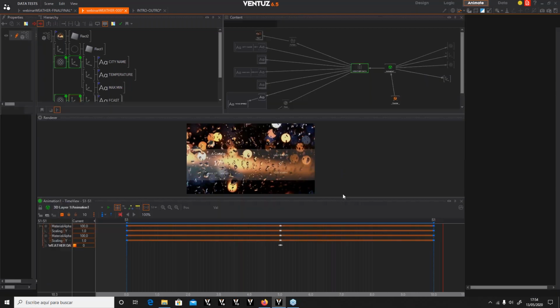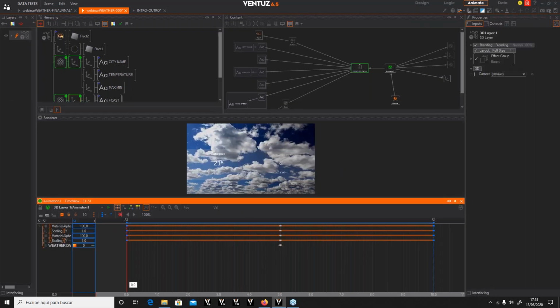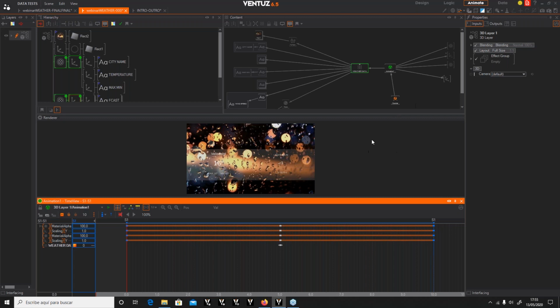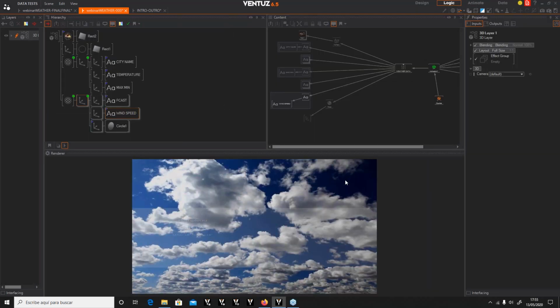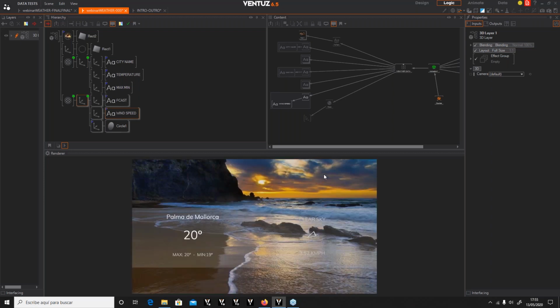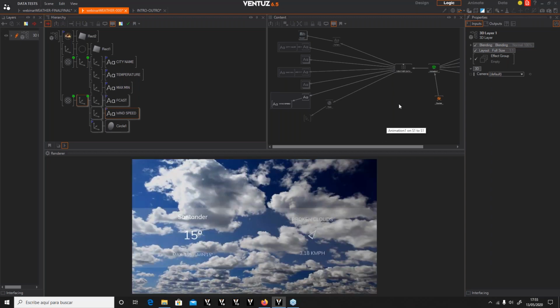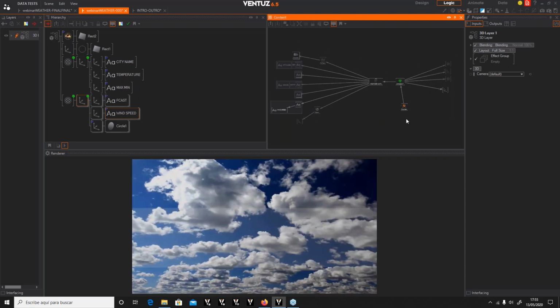So let's get into the animation. Oh, I see. Yeah, I know what it was. I was completely outside of this state, so it didn't know how to go to the next state. Now you see that it's working here. Okay, let's get back to logic, and now you see that it's working. It's triggering all the different values, next one, and it will be working like that forever. The last thing that we have to do right now is